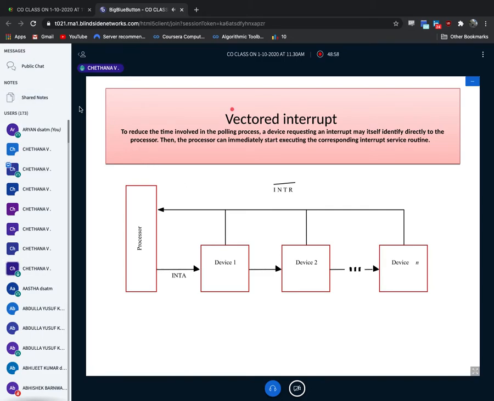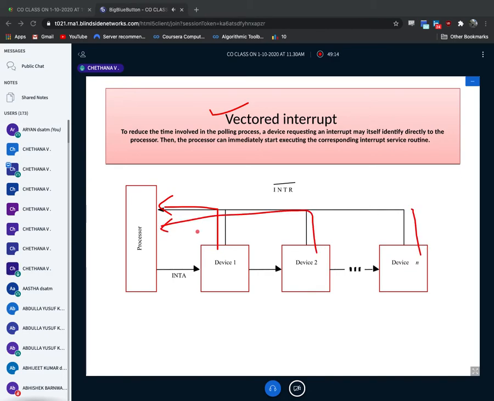In a similar way, the vector works like this. The device itself should go to the processor and say, please provide a service for me. Device 2 also, please do this work for me, processor. Everybody will request. Now if the processor is free, he will serve; otherwise you have to wait. Otherwise, come after 1 month, come after 2 months, isn't it? That is what vectored interrupt is.